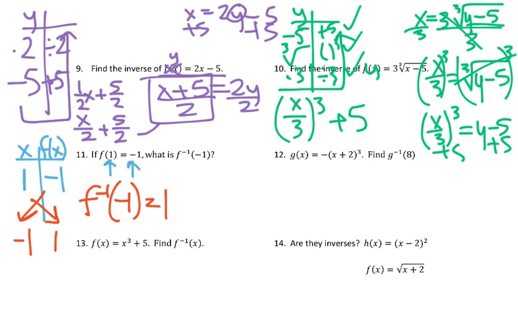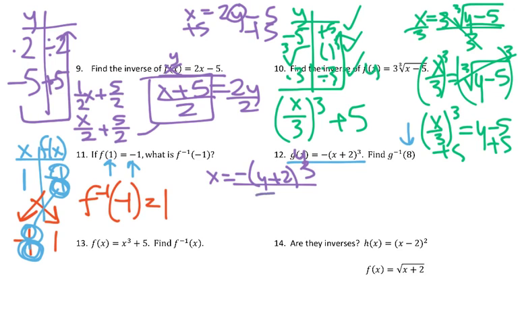Okay, number 12. So this one, we're given g of x equals negative x plus 2 cubed. Find the inverse at 8, so an input of 8. Again, an input of 8 would be the output of 8 for your original function. So there's two ways you can deal with this problem. The first is to find the inverse. Okay, to make that y, swap the x and the y,